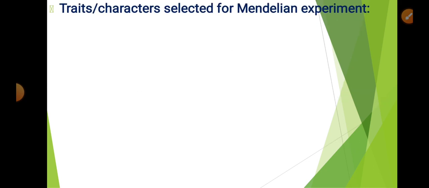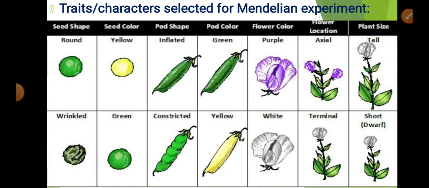As we mentioned, Mendel studied several characters in pea plants. The selected characters from his study in Mendelian experiments are as follows. The above rows show the dominant character, and the below rows show the recessive character studied by Mendel. The first character he studied is seed shape. In the dominant character, you will find seeds round in shape, and in the recessive character,